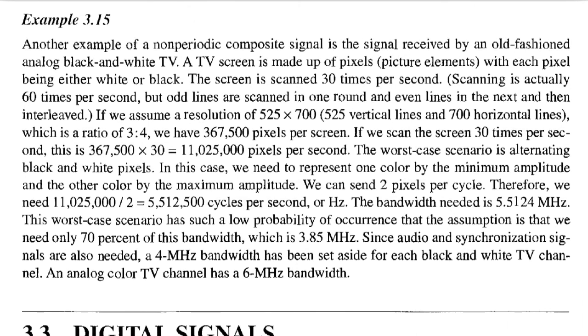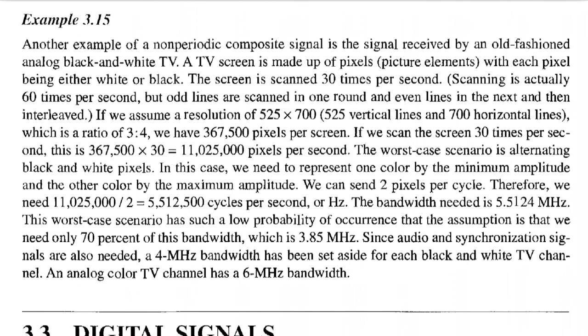Example 3.15. Another example of a non-periodic composite signal is the signal received by an old-fashioned analog black and white TV. A TV screen is made up of pixels, with each pixel being either white or black. This screen is scanned 30 times per second, 60 times per second, but odd lines are scanned in one round and even lines in the next round, so it is interleaved. If we assume a resolution of 525 by 700, which is ratio 3:4, we have